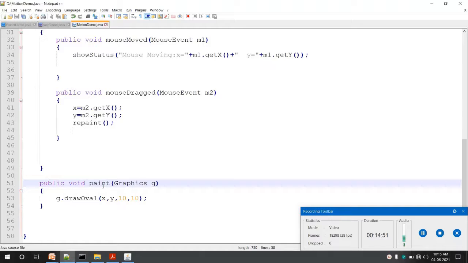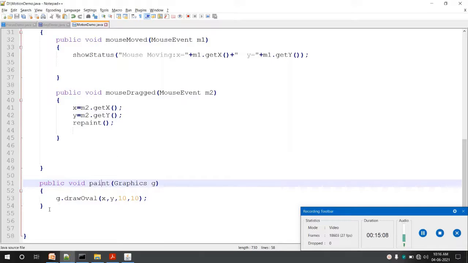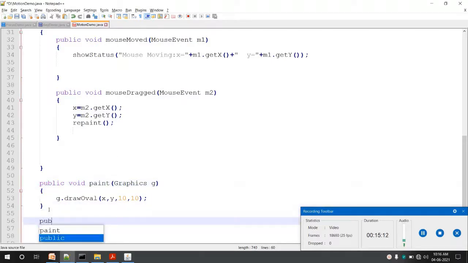But we don't want to clear the screen, because we want to display something on the applet screen, and the earlier content should not be cleared. As it is clearing the earlier content, it is not continuously drawing something. So what we will do is, we will override that update method also. So we will write here public void update.